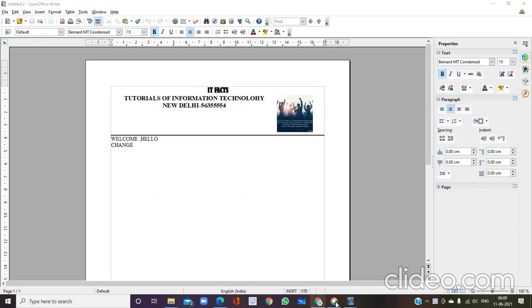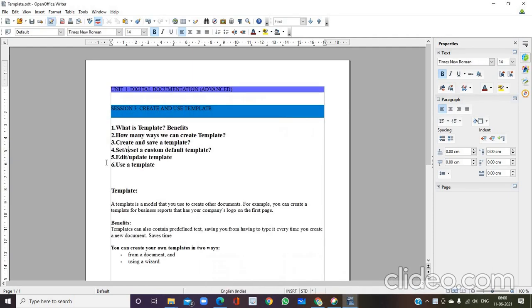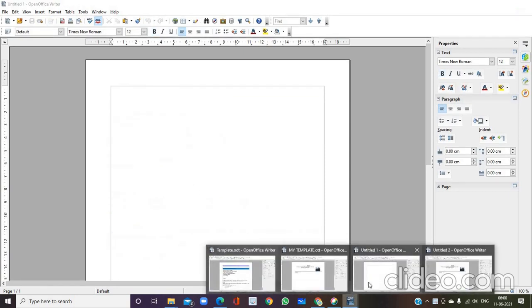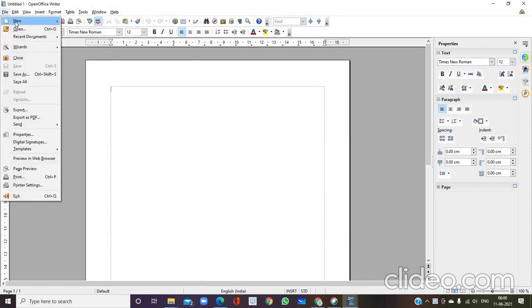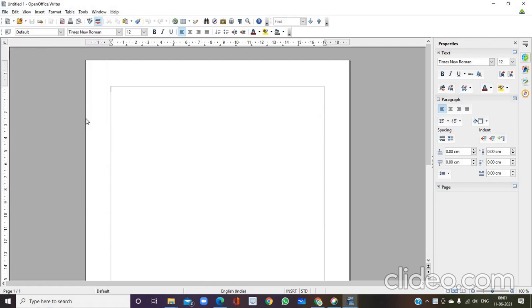Now we will see the last point, that is use a template. After creating the template, how to use it? For that, again I'll take a document. This is my empty document. Go to File, New, Templates and Documents.